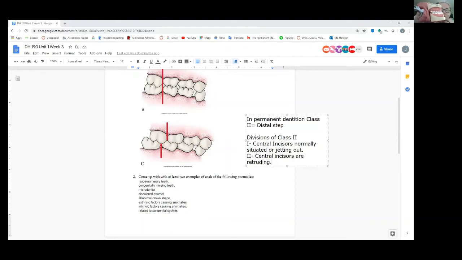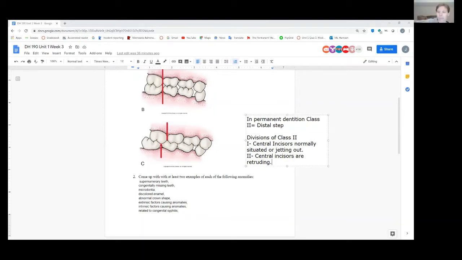Do you see how there's still a mesial step there with the mandible? Yes. Danielle, how are you doing? You good? Just give me a thumbs up. It looks painful. It's just the way their jaw grows. It's not painful. Chelsea, how are you doing?